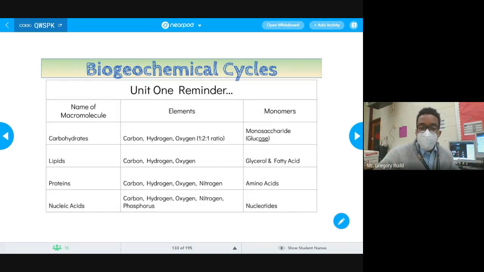And then we've got the monomers there on the right side as well. I'm sure this feels like a long time ago that we talked about this for the first time, but this is going to be a big part of your EOC exam in one way or another. So we've got to make sure that we are going over it. Does anybody want to take time to write this down or to take a picture of this? Or am I good to move on?